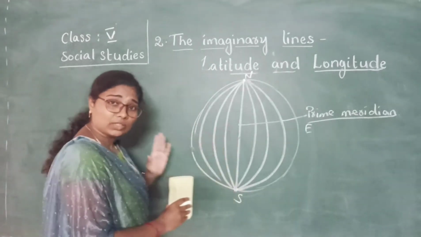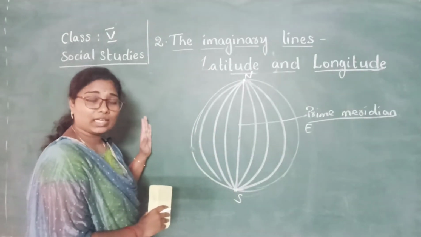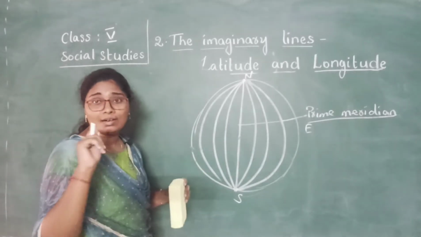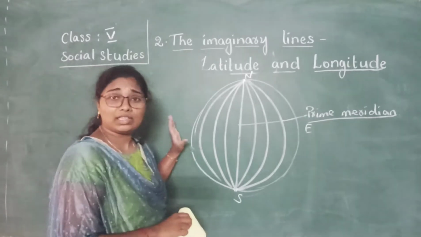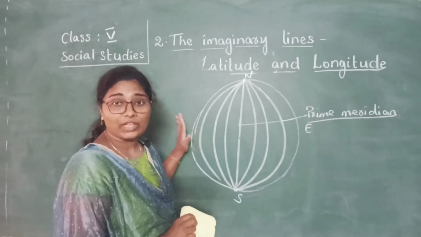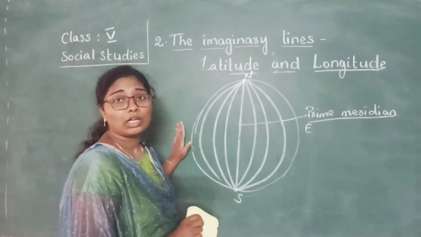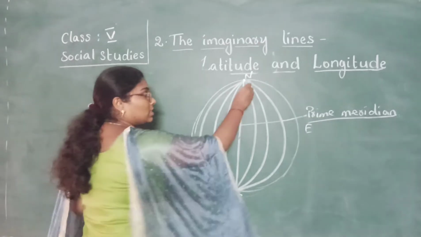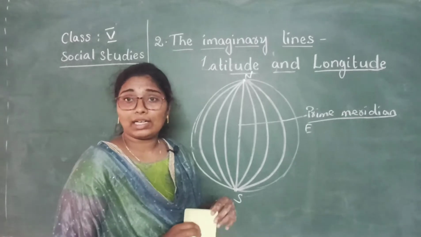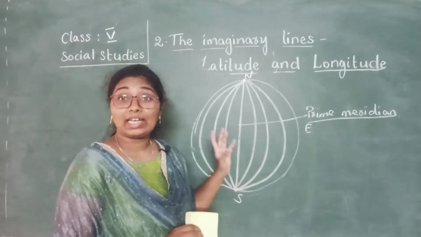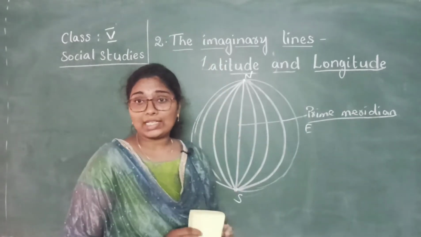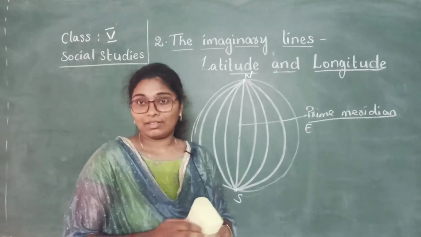In the same way, as we move towards west direction, we give all the degrees of longitude the letter W, right? And with these longitudes, we can calculate time, right? So this 0 degree longitude is prime meridian. It passes near London, and it passes near an observatory at Greenwich. The 180 degree longitude is known as international dateline, right?